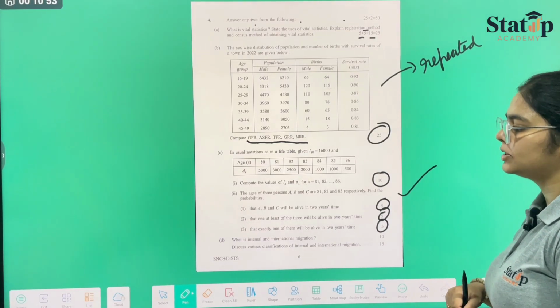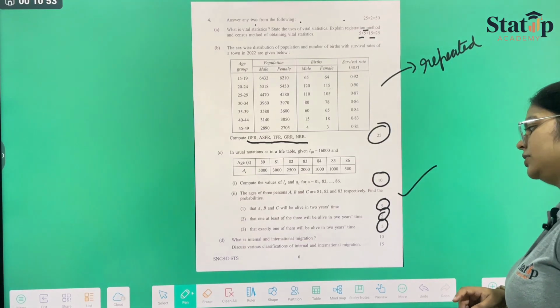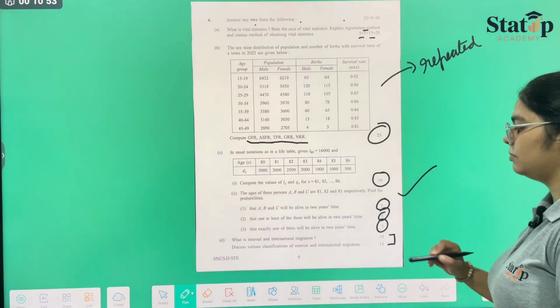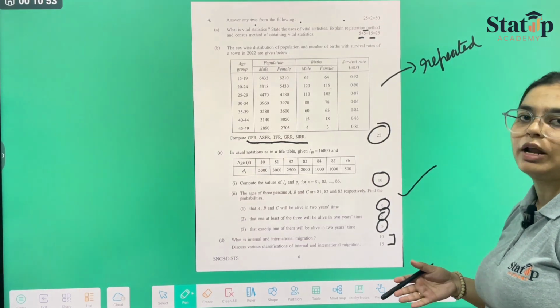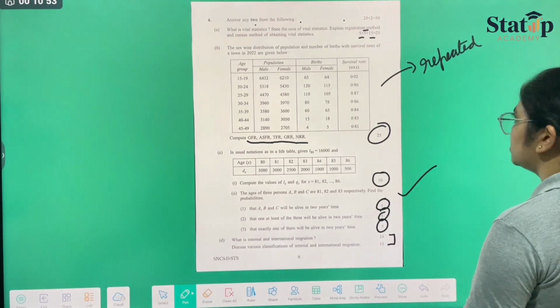Now D part, what is internal and external migration? Discuss various classification of internal and external migration. 10 and 15 marks each. So any four you would have, any two you would have attempted in the examination. This was your